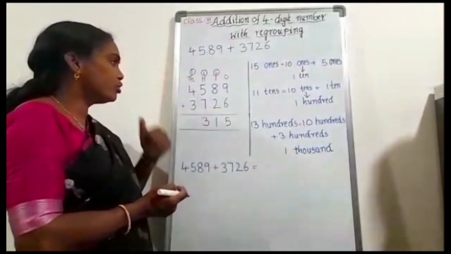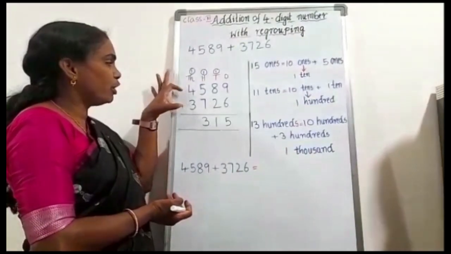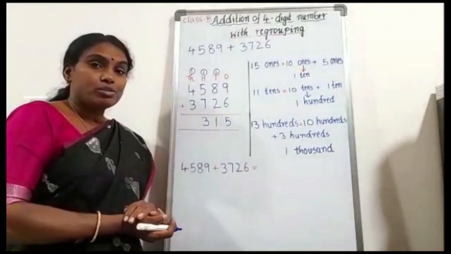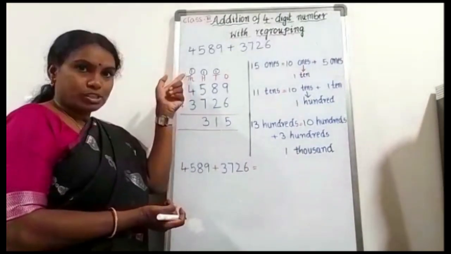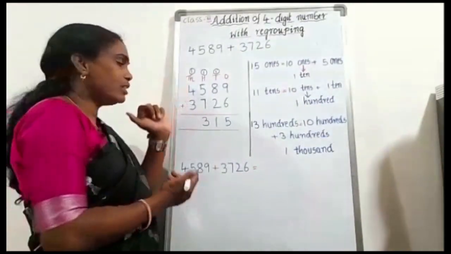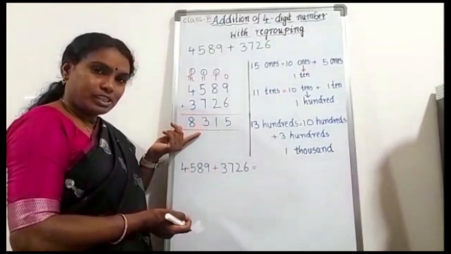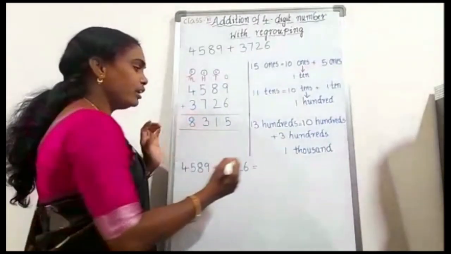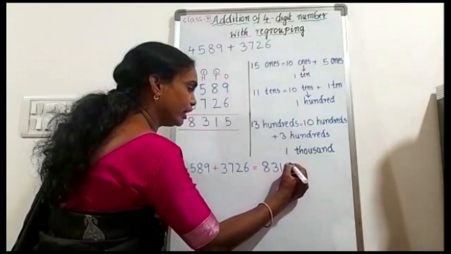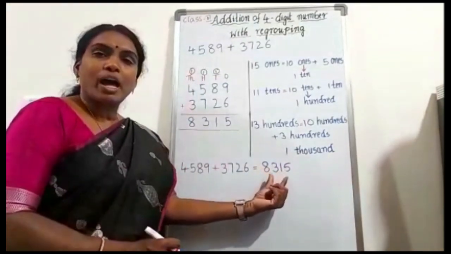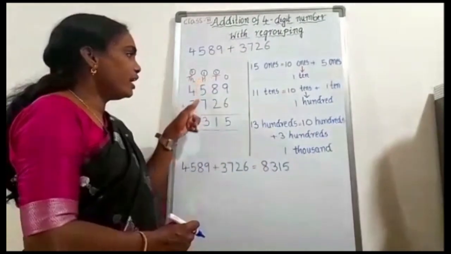Okay, children. Now in the thousands column, what digits are left? 4 and 3. 4000 plus 3000. 4, after that 5, 6, 7. 7, and one more 1000 is added here. 7000 plus 1000 is 8000. Okay, children. Now, what is the result here? 8350. Okay. This is the sum or total. The result of addition is called the sum or total. These are the addends.